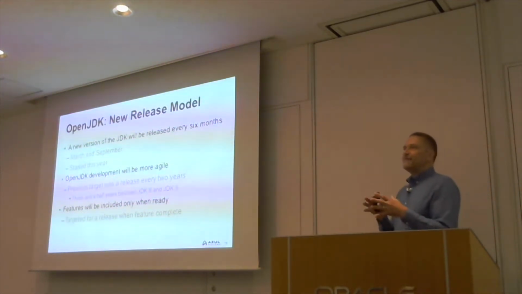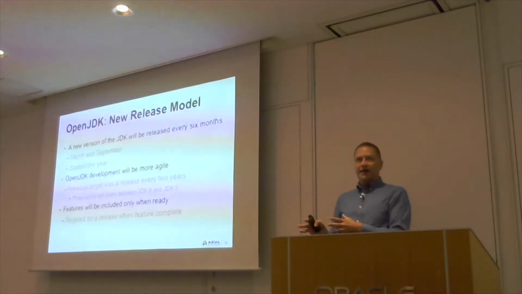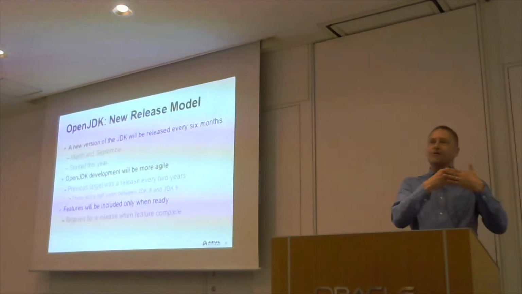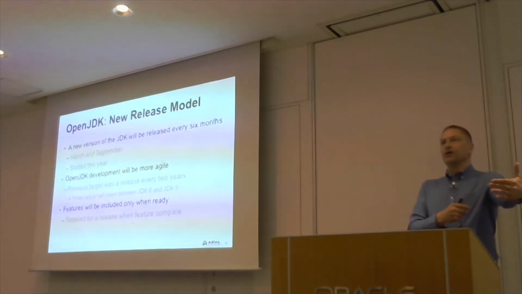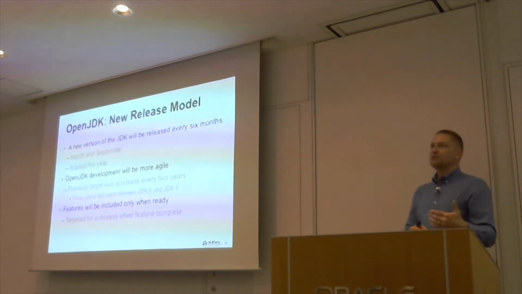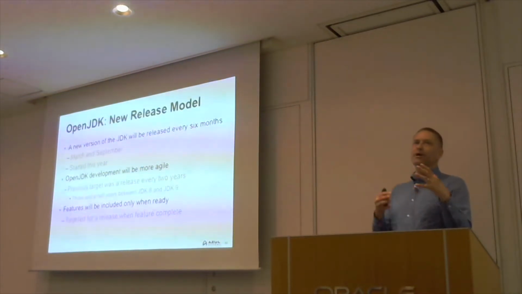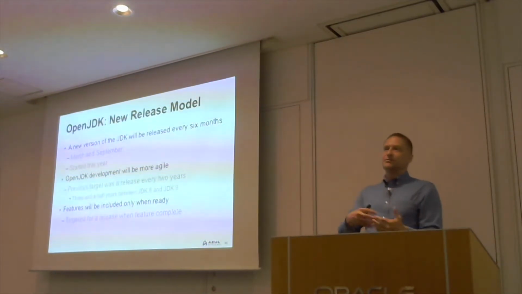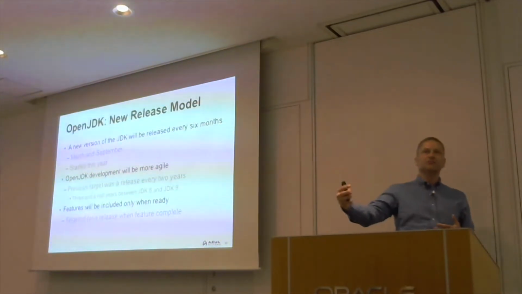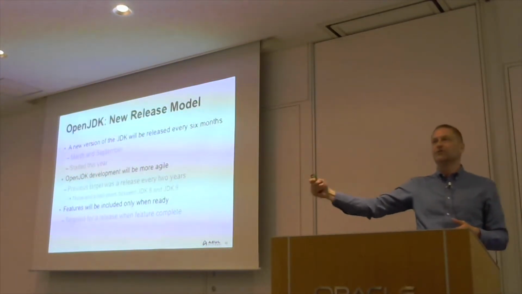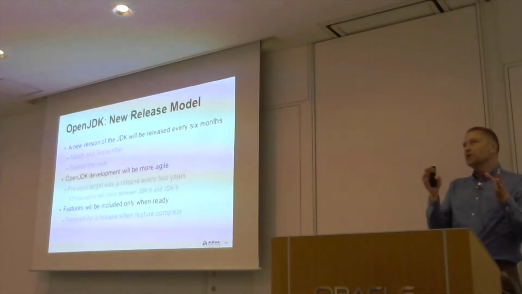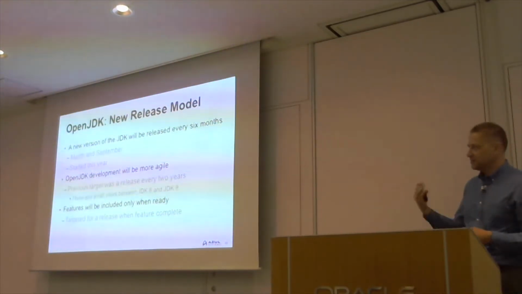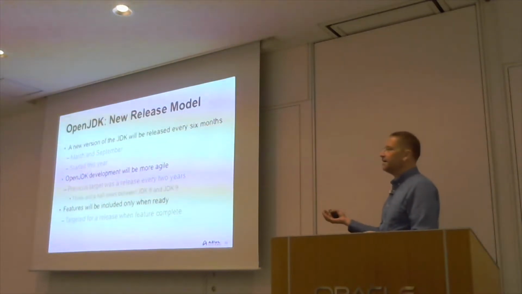If we want to release every 6 months, we can't do that. Now, rather than having the features drive the delivery, it's the other way around. So we simply say every 6 months we will take whatever is ready and we'll put that in the next release. If something isn't ready, it gets delayed to the next release or another one after that, whenever it's ready. So we can much more easily hit the target of a release every 6 months. And as I said, we saw that work in JDK 10.